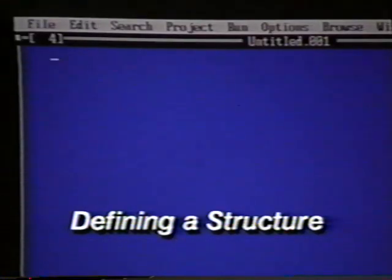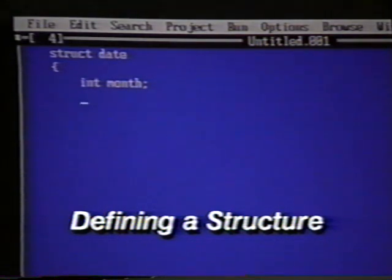We'll define the structure with this program segment. struct date { int month; int day; int year; };